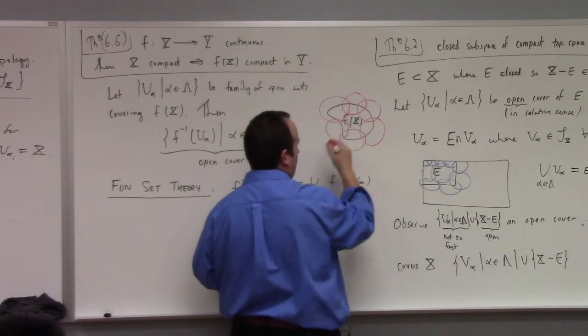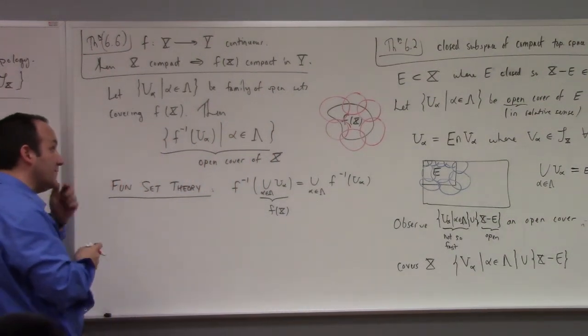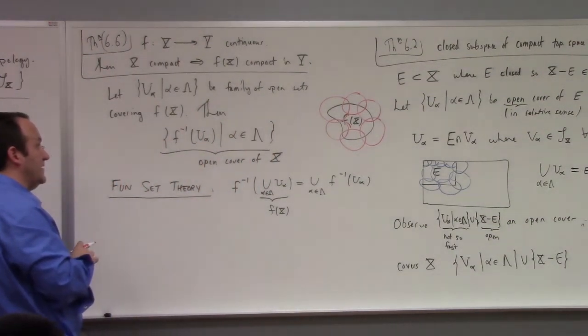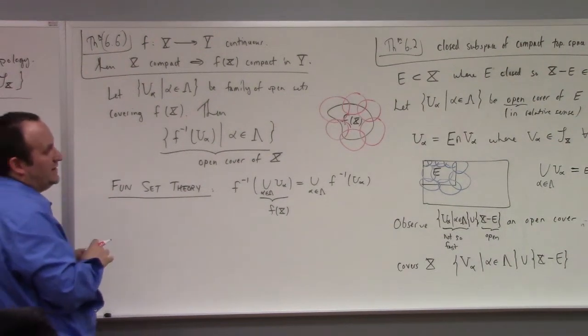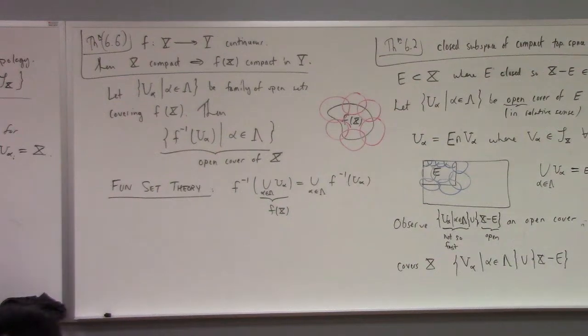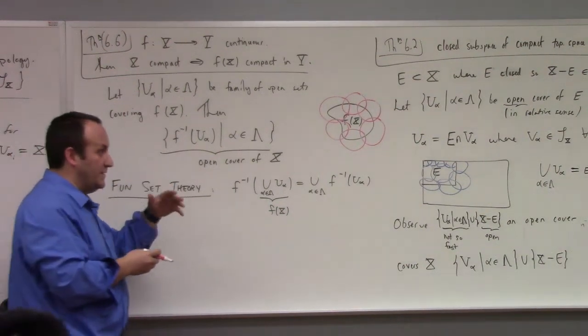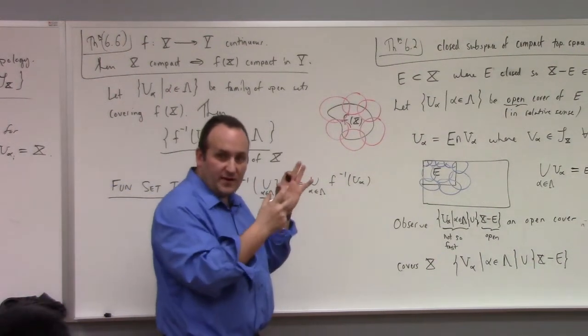See, I don't think I do. All that matters to the question of whether or not f of x is compact in y is the intersection of those with the range. I have to consider open coverings of the